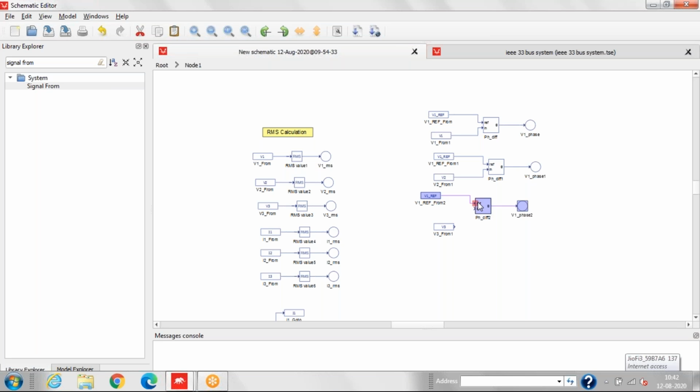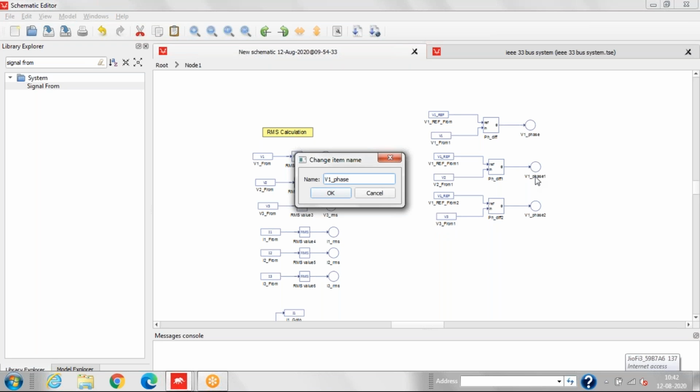Now similarly, we'll paste below. Now we'll change the name. This is for V2 phase. And this is for V3 phase.